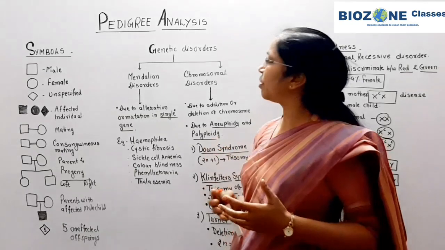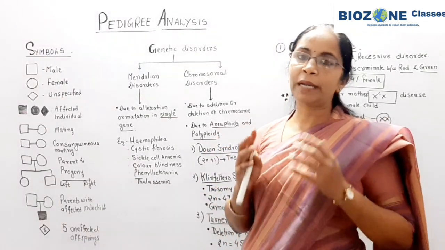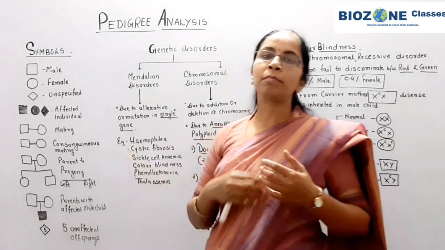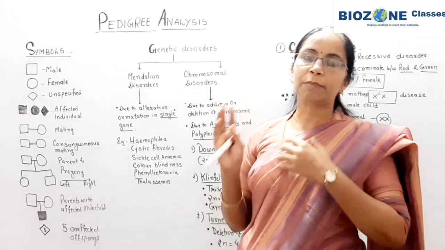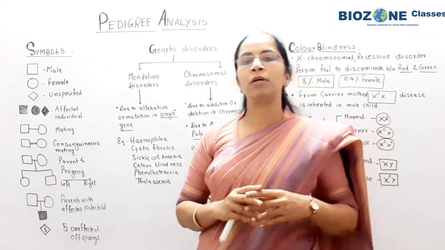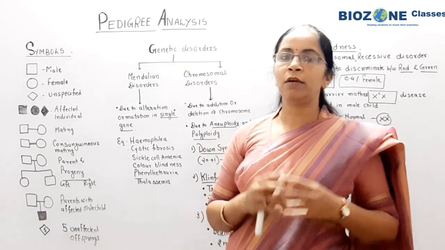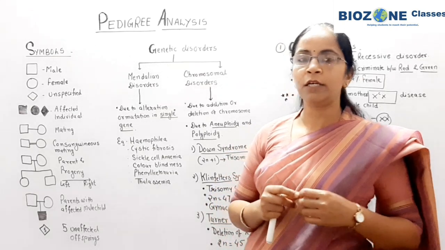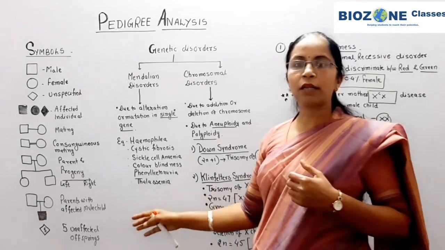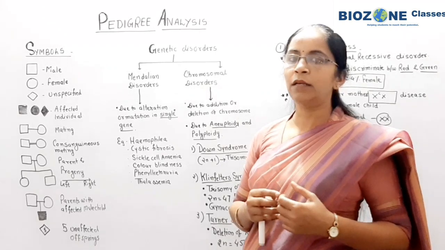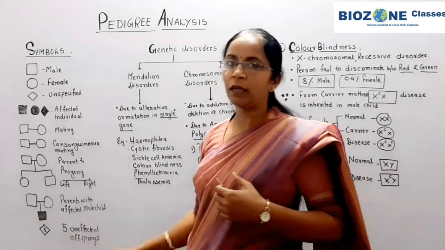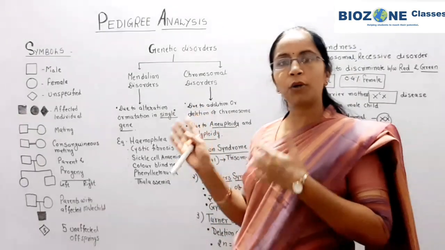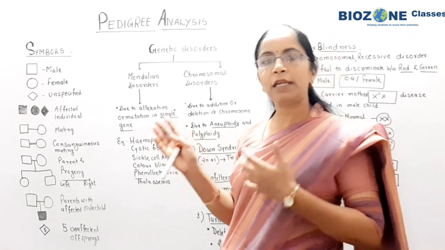Now when we study pedigree analysis, you remember, pedigree analysis is based on some symbols. So for the expression or explanation of a pedigree, we have to know the different kinds of symbols which are used in pedigree. So let us first study what are the different symbols used in pedigree. The symbols which are used in pedigree, you already studied in your class 12th syllabus, and this is our ongoing crash course series for NEET 2020 exam.